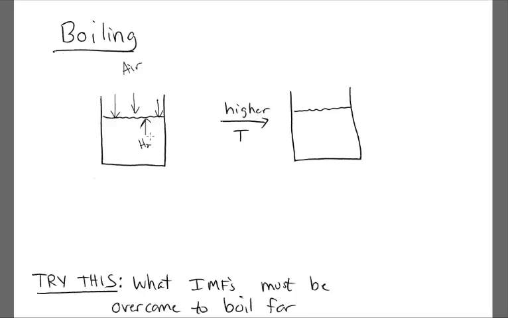Okay, so air is pushing down, water is pushing up, and as you raise the temperature, you're not changing the pressure in the air if you just heat underneath with a flame. You're heating the water, but you're not heating the air, so the number of collisions of the air haven't changed, but for the water collisions, there have been more of them that have enough energy to escape. Okay, so more water leaves into the vapor phase,